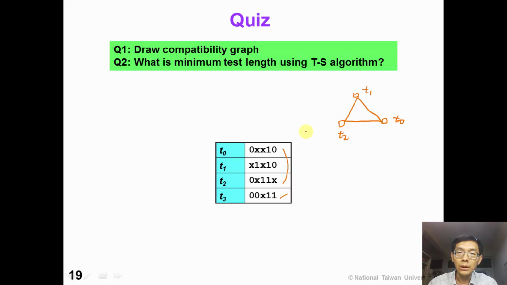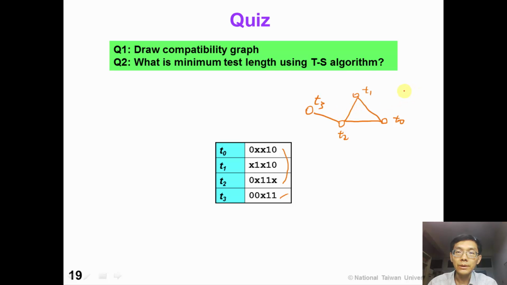But T3 is only compatible to T2. It is not compatible to T1, and it is not compatible to T0. So this is the compatibility graph. For question number 2,